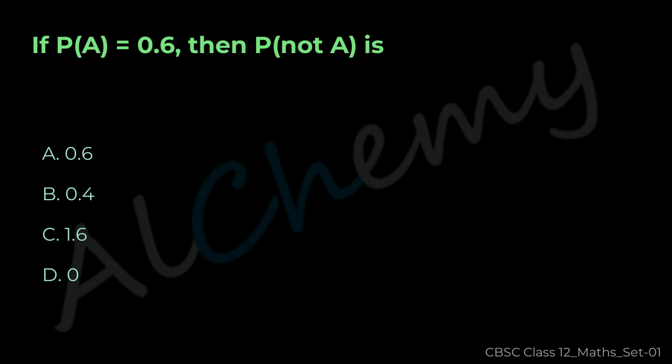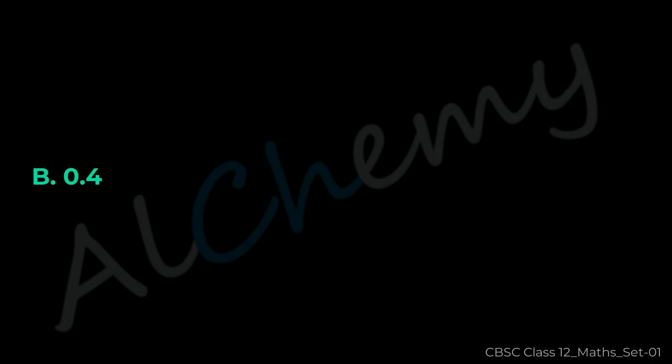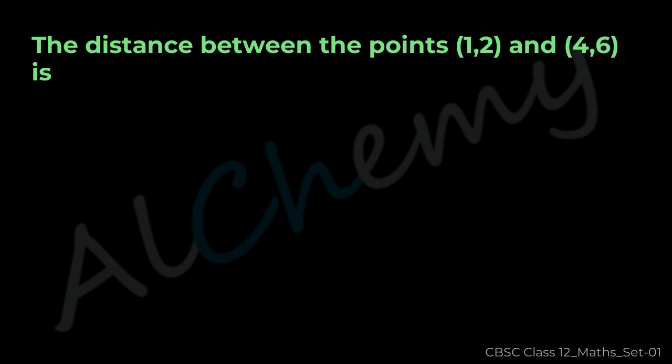A: 0.6, B: 0.4, C: 1.6, D: 0. The correct answer is B, 0.4. Question 20. The distance between the points (1, 2) and (4, 6) is: